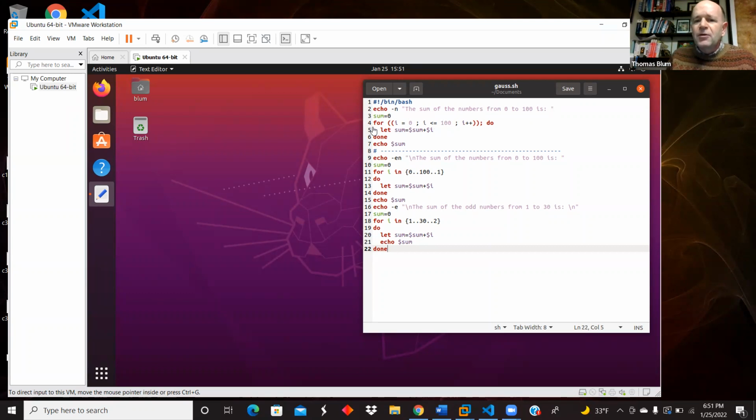Okay. Now here's the for loop. This is one version of a for loop, with double parentheses, and this is a rather old style of loop. Take the variable i and set it equal to 0. Have i less than or equal to 100 and i plus plus. And then we see